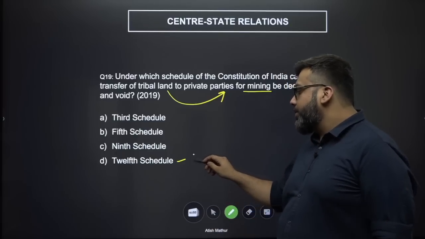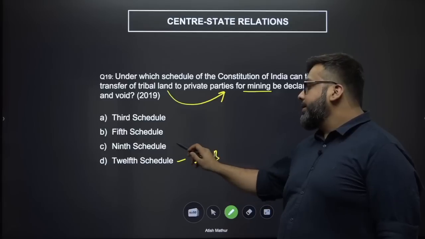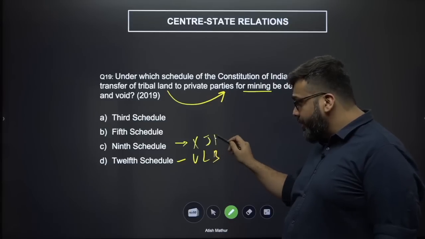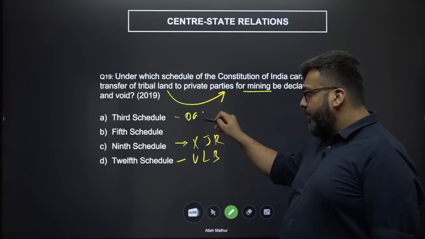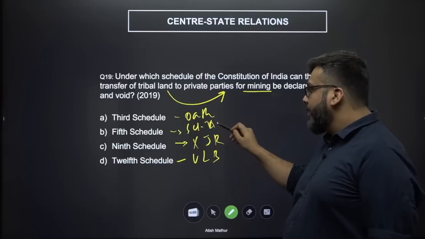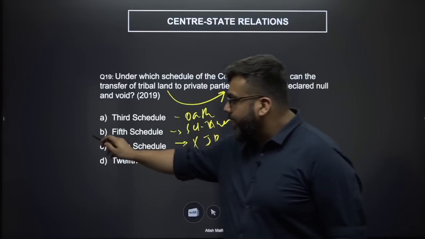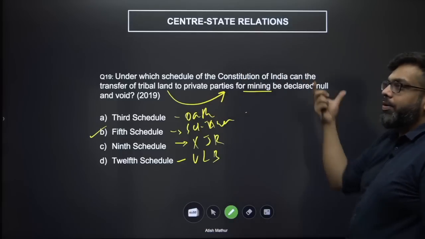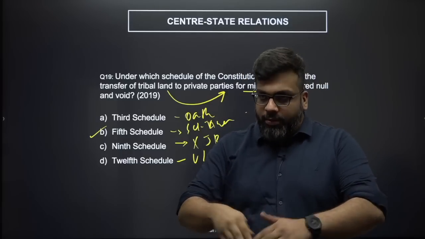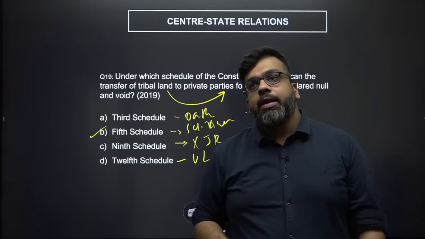12th schedule is about urban local bodies. 9th schedule is about laws that cannot be judicially reviewed. 3rd schedule is about oath. 5th schedule is about scheduled areas, right? Seems like this is the correct answer because you can have some protected land for ecological and systemic regional stability